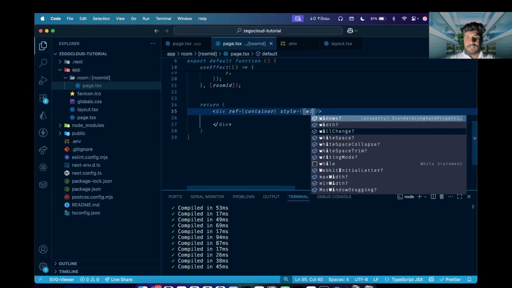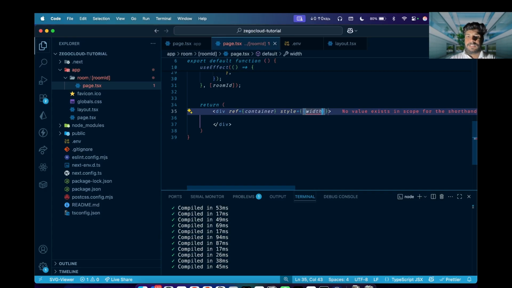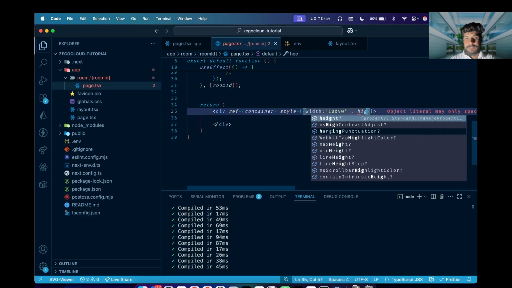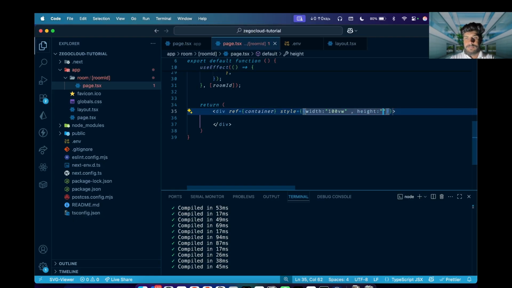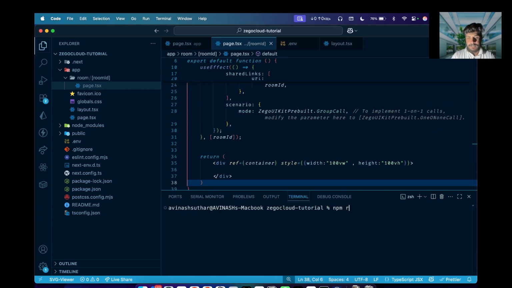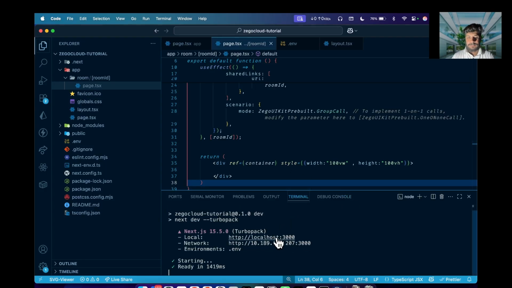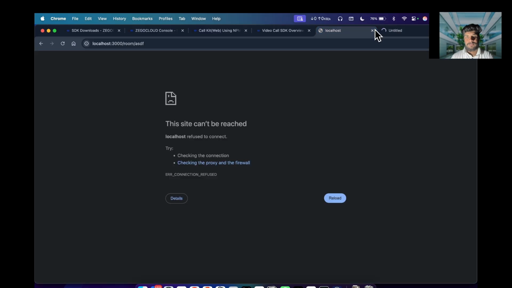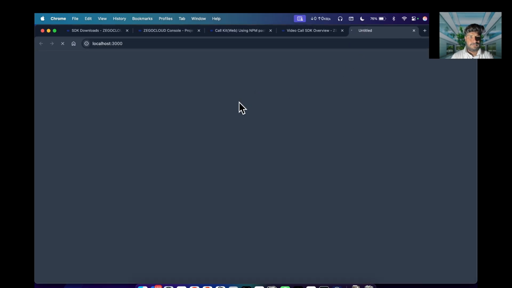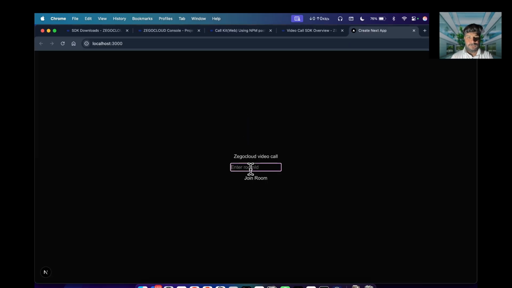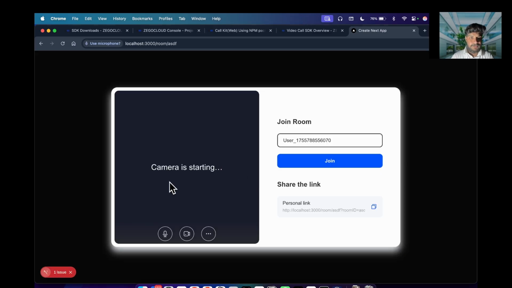Let's style it further. Let's give it a width of 100vw and the height of 100vh. So let's try to run it. npm run dev. Give the room ID, let's say ASDF, and click on join room, and we will be redirected to this,